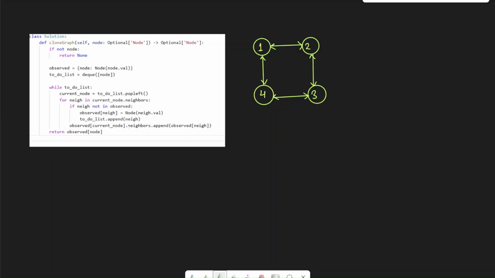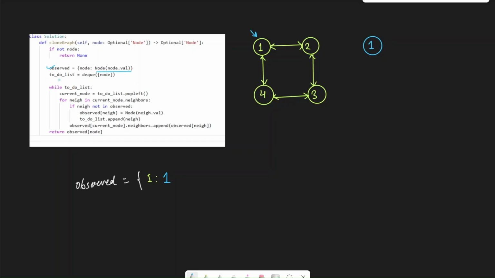Now let us start. The first thing is we have to get the observed variable. So observed variable is the current node. I'm starting from 1, and then we have to create its clone, because this is how we create the clone. Node is already a class that is given to us in the challenge. So I'm going to make this observed, and this will be equal to our current node, which is 1 because this is where I'm starting, and our new node. So our new node is 1 because this is what I'm creating. So I've cloned this one over here in blue.